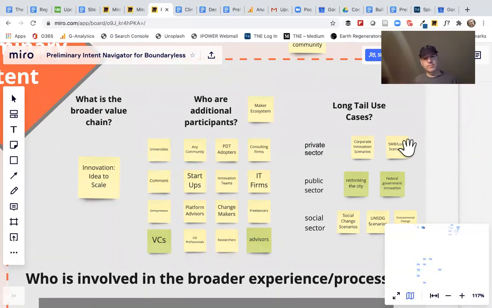And we thought it was the value chain associated with innovation. That's this very broad value chain that starts with an idea and ends up with some world-changing scaled product or service. And so we thought it was good to come up with what that value chain is, and then start to think, okay, if we think that broadly, who are the other participants that would participate in this? So we've got a number of different areas here, from participants that focus more on ideas, or participants that focus more on scaling viable solutions of products and services. So you can see those there.